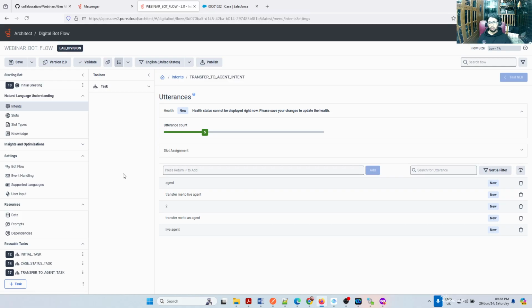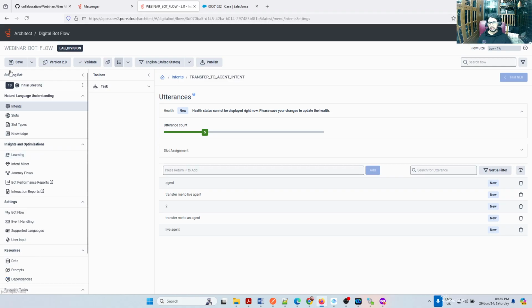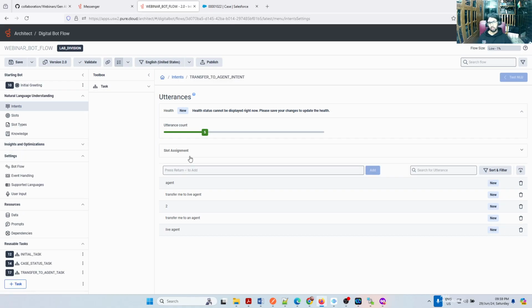And we have something called intent miner, which is here. So intent miner will tell you what the corner cases are. User may be interacting with a different one, like you said, he is typing AJ. So I can see the performance of users' input. If that makes sense, okay, user is typing something which is not added in the utterances, I can come back and add it any time. So for the demo, this is enough. I hope you guys are okay.